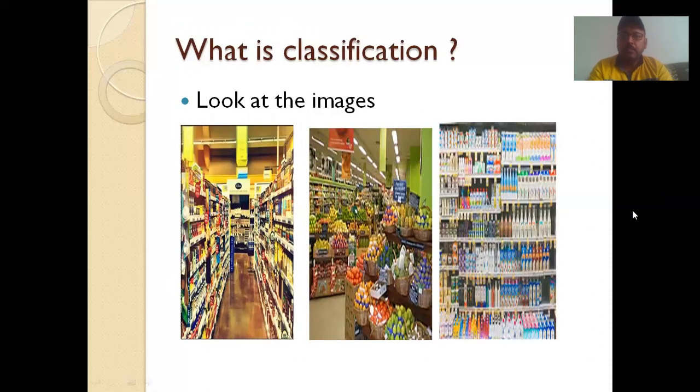So for them, we need classification. On the screen, you can see three different pictures of grocery shops. Here the fruits and vegetables are kept separately. Here the toothbrushes and soaps. When we visit grocery shops, we find that if a person asks for bathing soap, there will be a separate corner for that, and we can get it from there only. Same way for the surf, for the sugar, for the salt. So this is actually classification, right? The general example of classification.